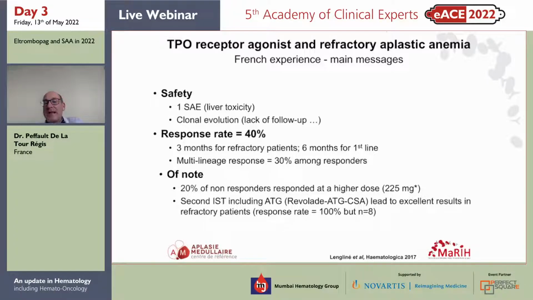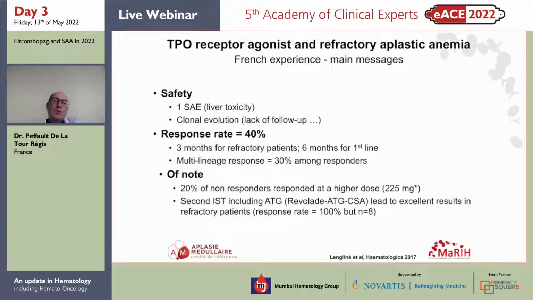However, we found exactly the same response rates in those refractory patients as what has been reported in prospective clinical trials, namely 40%, with patients who responded at 3 months for those who had been already exposed to ATG plus cyclosporine, and 6 months for older patients that could not receive ATG, reason why they received cyclosporine plus eltrombopag first line. The other important